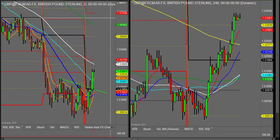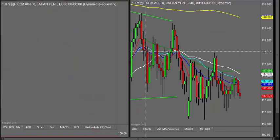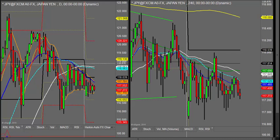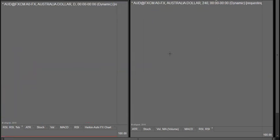Okay, let's have a look at dollar yen. Chop. It's just continuing chop. I'm not really going to say much more than that. The non-farms may squeeze it out of that, but at the moment there's little to be looked at there. And then the Aussie dollar, where